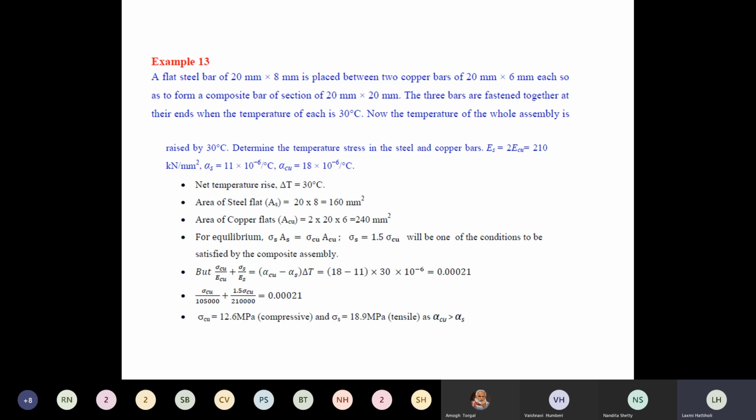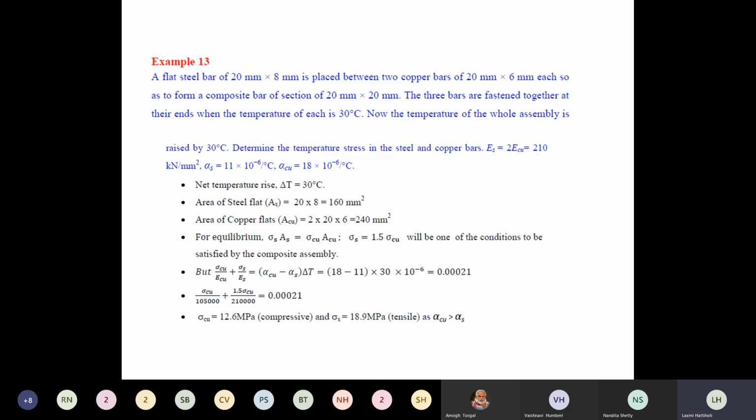So substitute it. Once again, you will get a condition, sigma for steel is equal to something of sigma for copper. How did you get this? Just substitute for area for steel and area for copper. Take sigma s outside and divide sigma Cu by As. You will get it as 1.5. So now I got a condition, that is sigma s is equal to 1.5 sigma Cu. Call this equation 1. Keep it as it is.